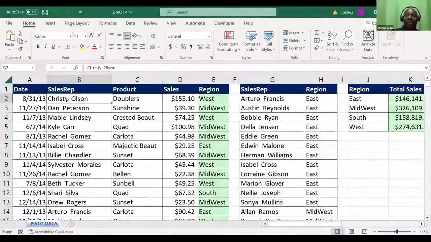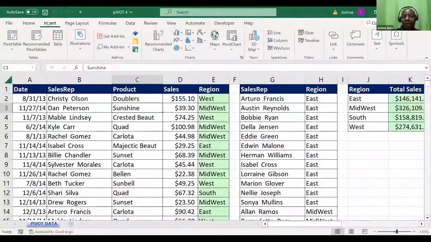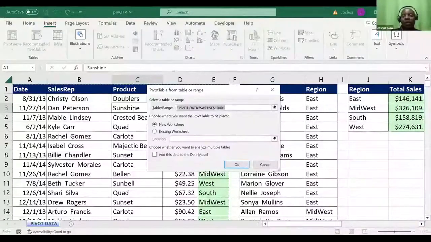Come inside the main table anywhere, just click inside a cell, Consolata, inside any cell. It can be even Sunshine. Click, highlight any cell within the big table. That's table from A to E. Once you do that, you go to insert. What are we inserting? It is pivot table. Once you say pivot table, there is a pop-up. We don't even read what it says. You say okay.